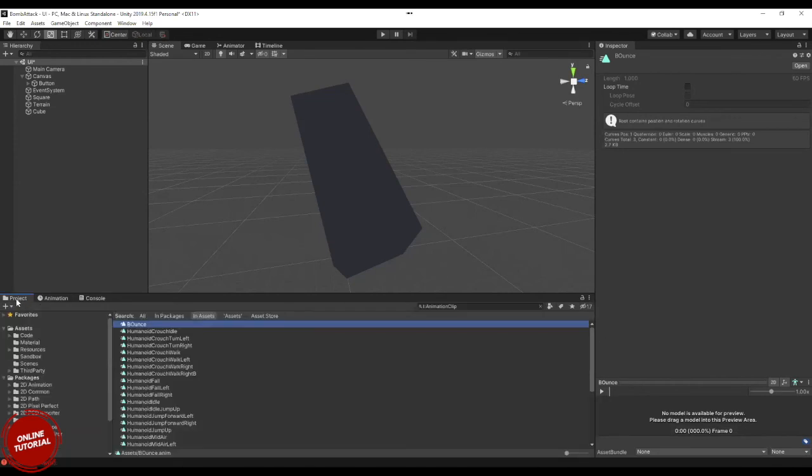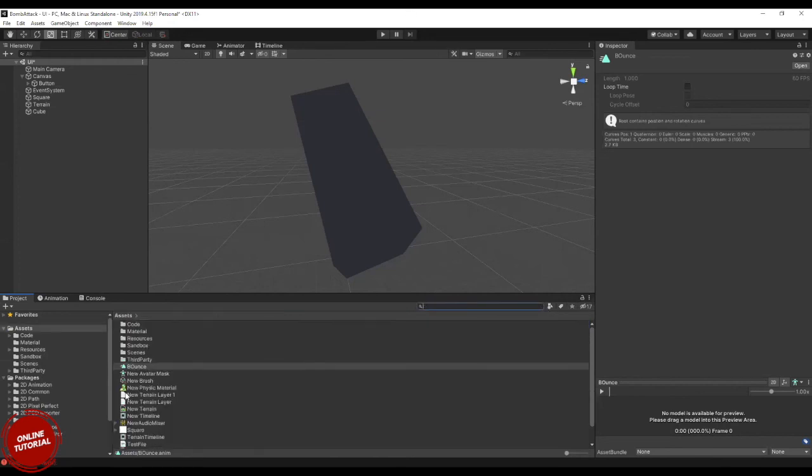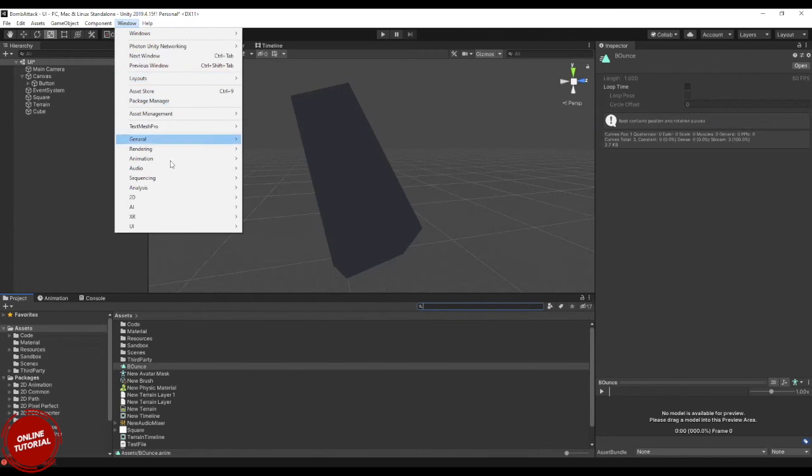So depending on the type you want to visualize, and to see what data or content is inside it, you can use the respective window. For example, if you have a 2D sprite type, you can use the Sprite Editor.